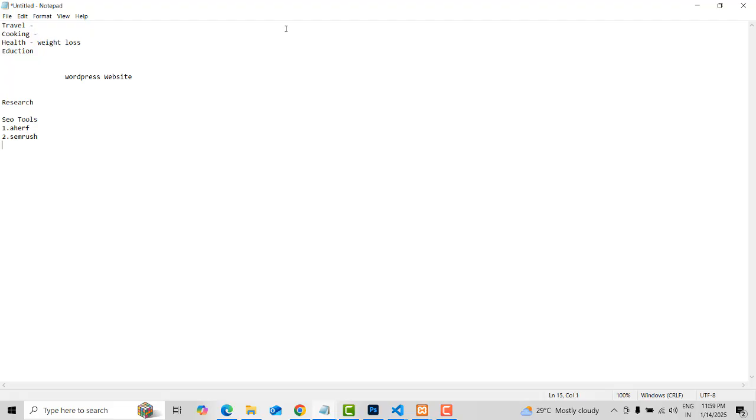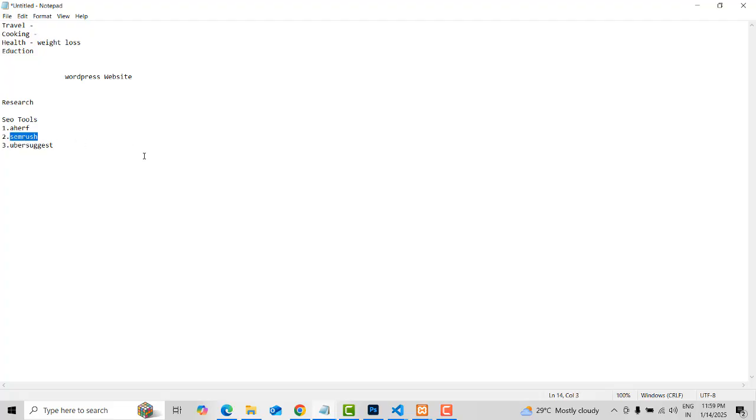Another one is Keyword suggest tools. These are the SEO tools that rank well. There are plenty of SEO tools available. I am working with these tools, and I recommend them as the best. Today I have SEMrush.